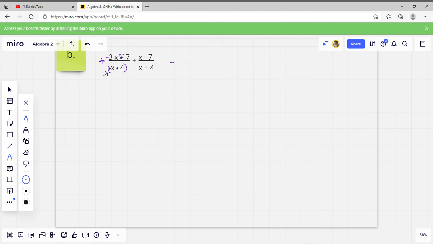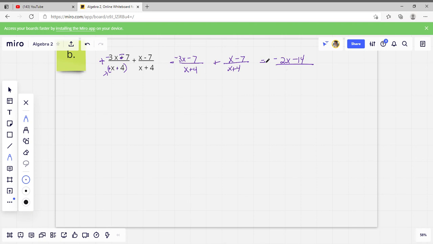Now I have like terms on the bottom, x plus 4 and x plus 4. This would be negative 3x minus 7, and this would be x minus 7. So negative 3 plus 1 would be negative 2x, and then negative 7 would be negative 14